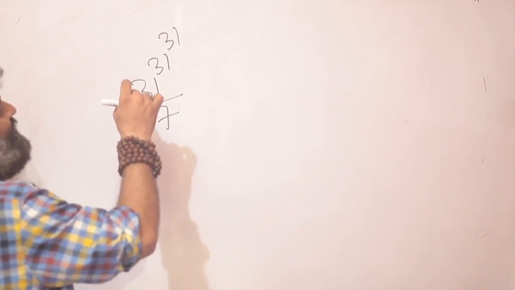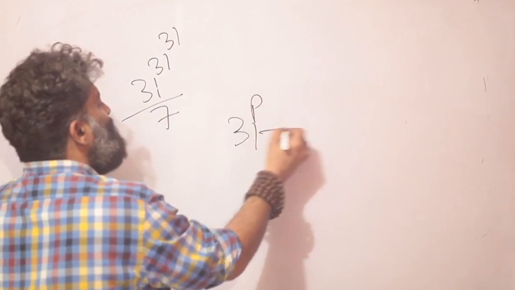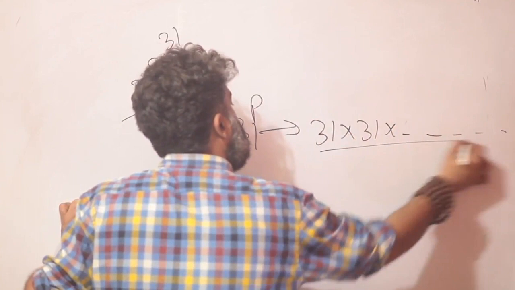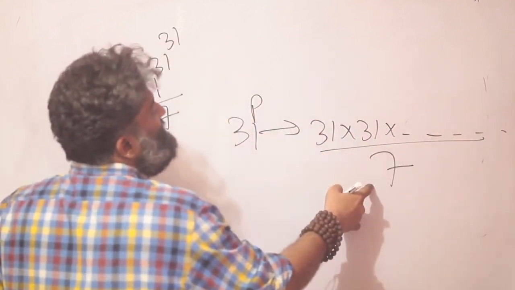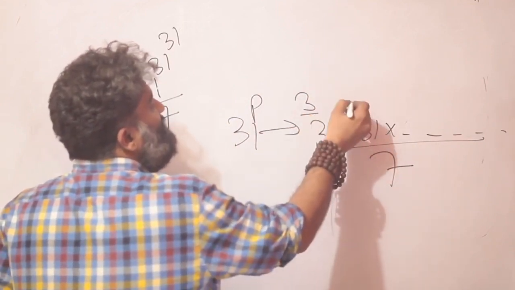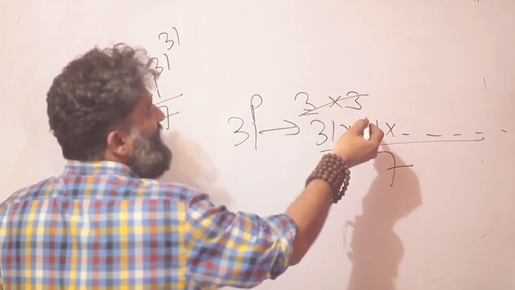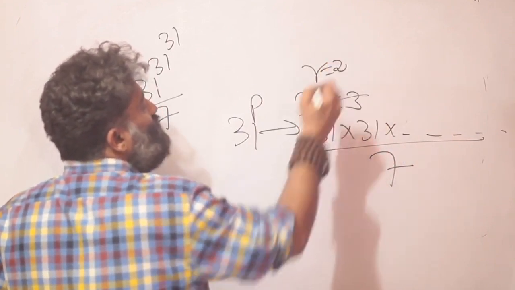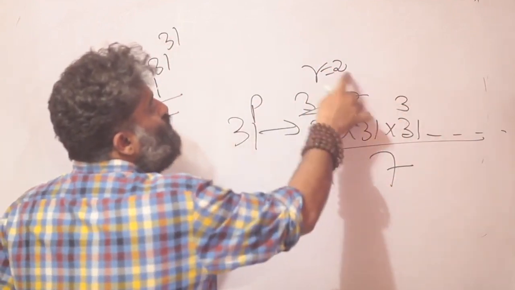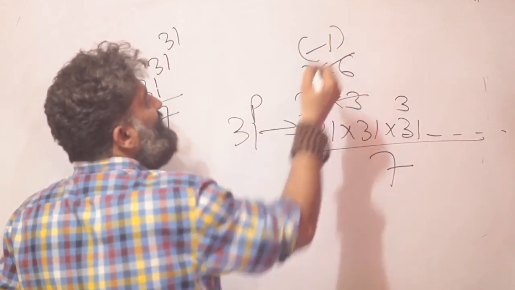So our next question is 31 raised to 31 raised to 31 divided by 7. Now I have a hang of the process, which means a lot of 31s. Don't even write it, go step by step. This 31, 7 4s are 28, is going to give me a remainder of 3, right? This 31 is also going to give me a remainder of 3. So this becomes 3 into 3, 9, which means a remainder of 2. The next 31 is also going to give you a remainder of 3. 2 3s are 6, remainder is 6, which also means the remainder is minus 1.